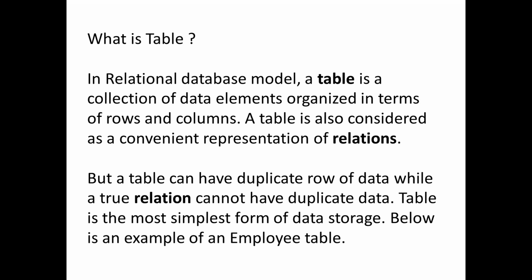We know from Microsoft Word how to create a table, right? So such things are simply called tables. A table is formed by a combination of rows and columns. Sometimes a table is also called a relation. But a table can have duplicate rows of data, while a true relation cannot have duplicate data. That means